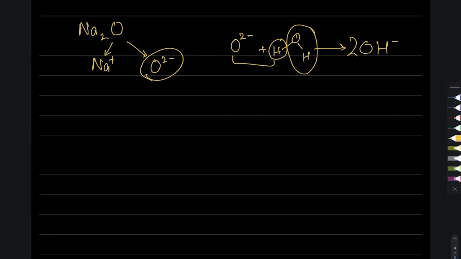Now, why doesn't this happen when I have sulfur dioxide? What is the problem there? If I take sulfur dioxide or if I take silicon dioxide, why doesn't it do this there? The answer is really, really simple. Silicon dioxide will not do this because the reason this happens is that you have oxide ion. You don't have that oxide ion in silicon dioxide. So I don't get this. So remember that you have oxide ion in ionic compounds. That oxide ion can accept H from water. It can attract that H positive. But in